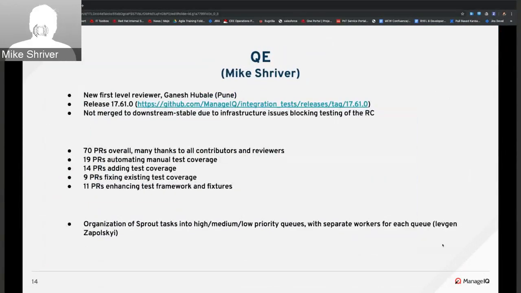Good morning, good afternoon, everyone. So we had a ton of content and contributions to integration tests this sprint. We have a new first level reviewer, Ganesh Shubale from Pune team. We have tagged the 17.61.0 release, but have not merged to downstream stable as we were unable to do our usual weekend release candidate